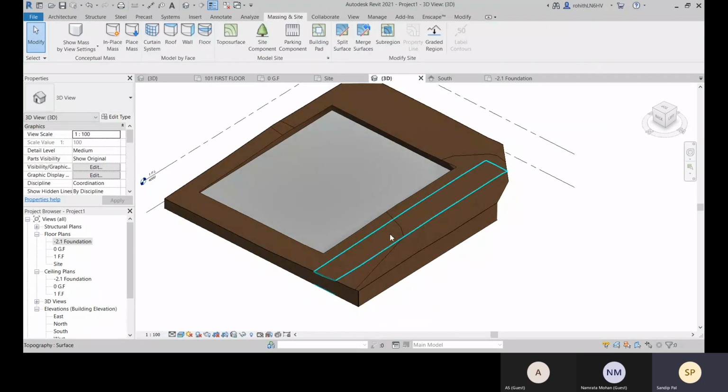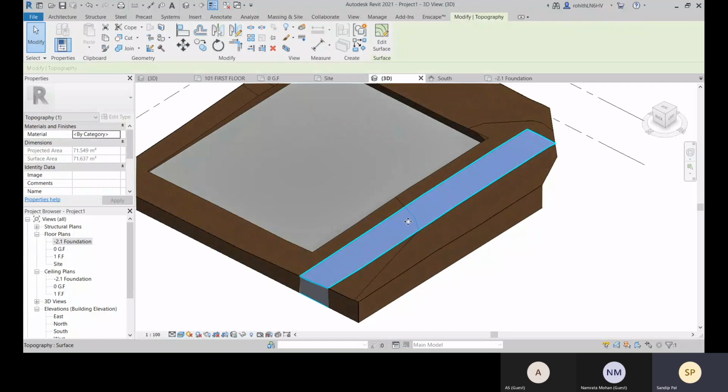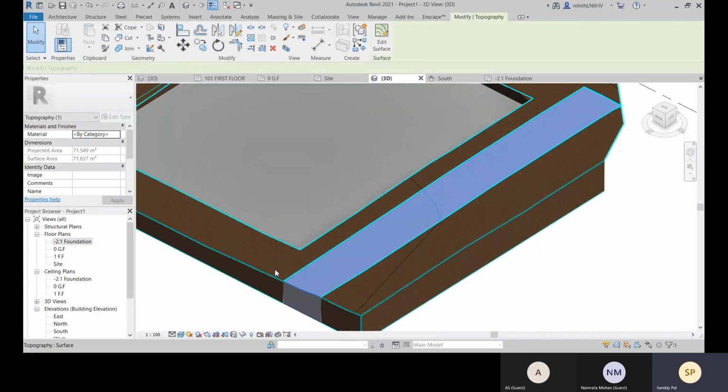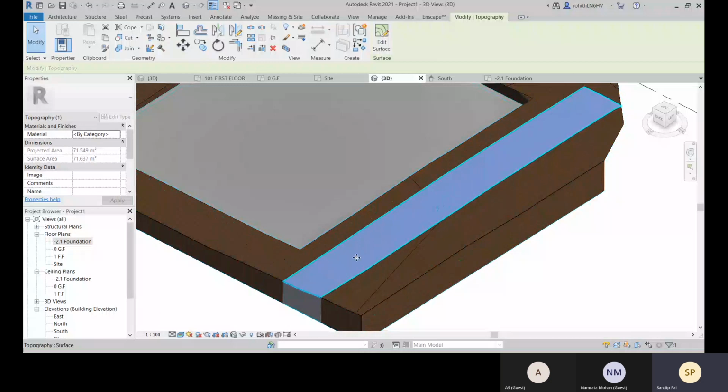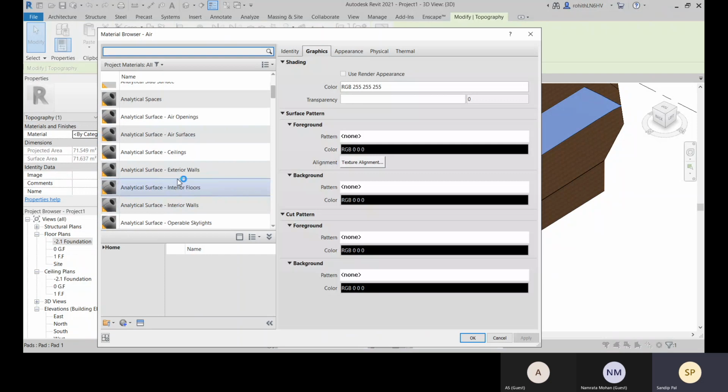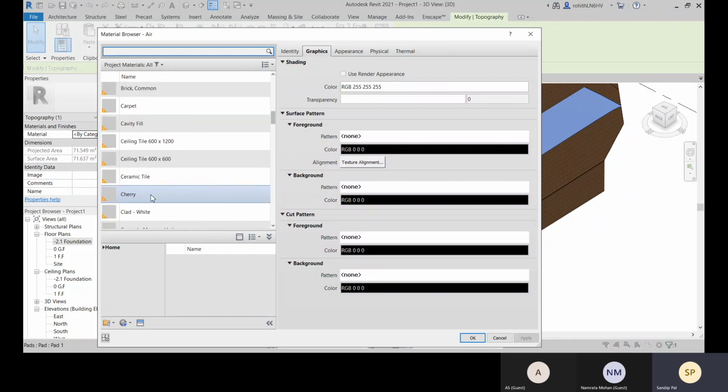Yeah, so this is your road. But you see right now that this is matching the property, the material is the same. For your road there will be different materials. So what we can do is go to this material and there we can provide asphalt, right?